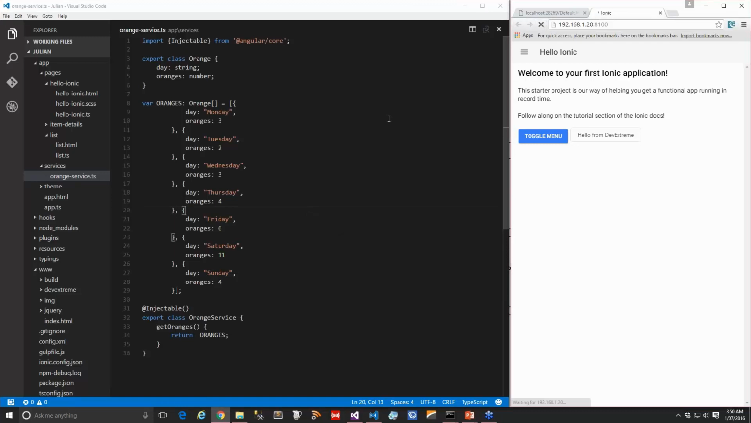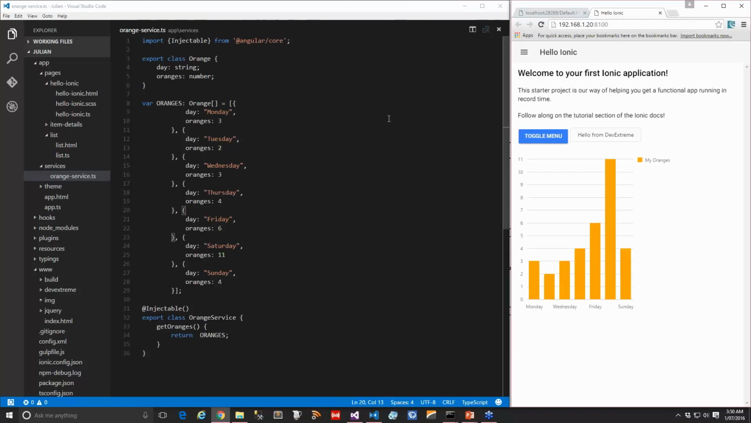And I'm going to press refresh there. And the chart, very nice. And to prove that what we said earlier is real, I'm going to change some of these numbers around and say 9, save that. And here it goes. And there's the new numbers. Very nice. Very easily we've been able to implement the DevExtreme Angular2 widgets with a powerful framework such as Ionic,